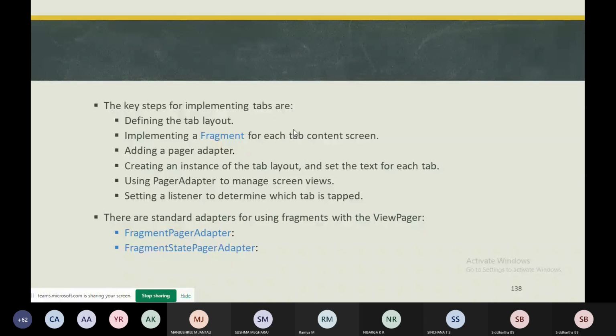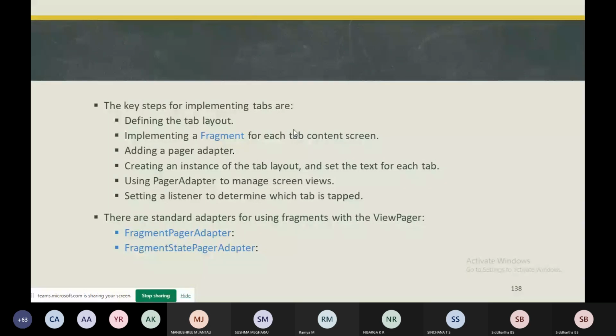The first one is the fragment pager adapter and the fragment state pager adapter. The fragment pager adapter is designed for navigating sibling screens. A fixed, small number of screens will be there in the fragment pager adapter.